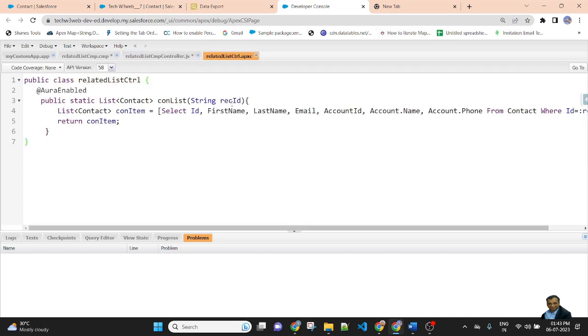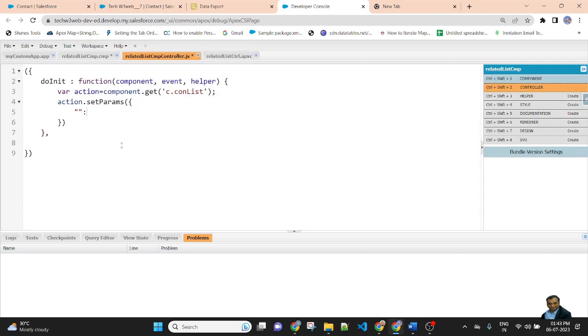This is the parameter of the Apex class method. So pass the specific parameter, colon, component.get v.recordId. It will return the current record ID of the record.